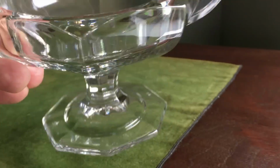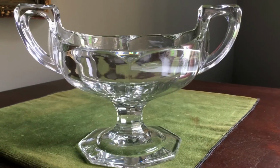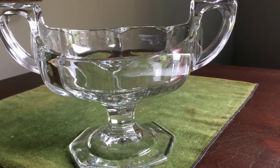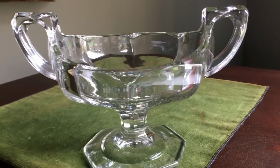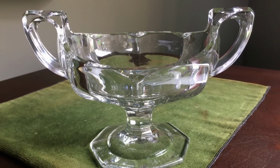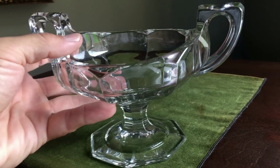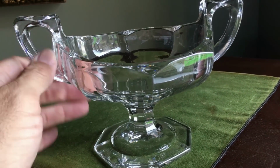But knowing this pattern and knowing the quality of this glass, I knew that it was good after I saw it in the thrift shop. Now, Cristal glass was good glass. It was originally made by the Ohio Flint Glass Company, and then later Jefferson Glass in West Virginia. So Cristal was made from 1908 to about 1918, and Benjamin Jacobs is the guy who gets the credit. And I guess he was working for Ohio Flint at that time,